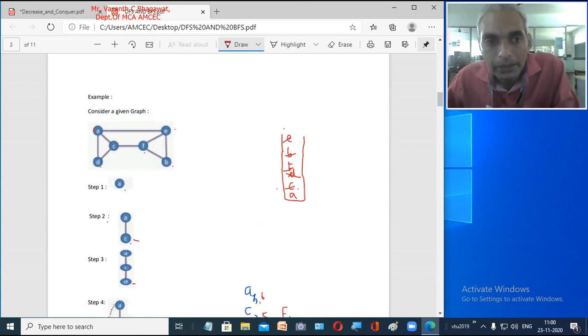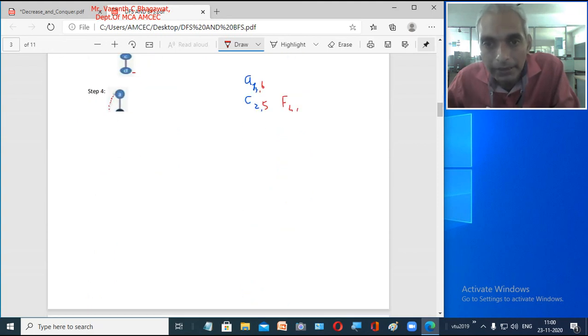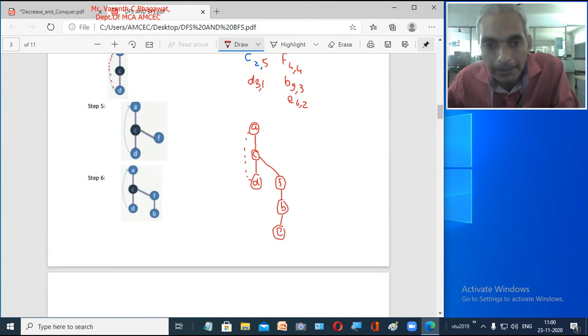Now from E you have an edge to A, F and B. From E you have an edge to A, F and B, right? To B it is there, but to F it is not there. So we will draw a dotted line from E to F, right? And from A to E also an edge is there. Here we have not got any edge, so we will draw this with a dotted line from A to E.